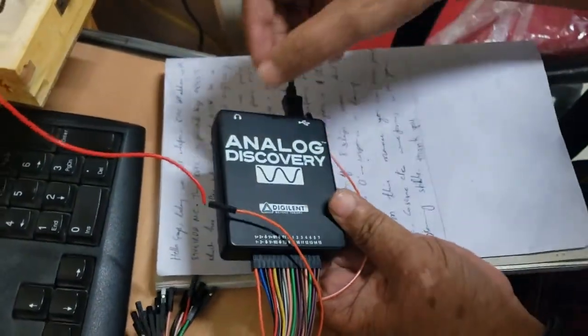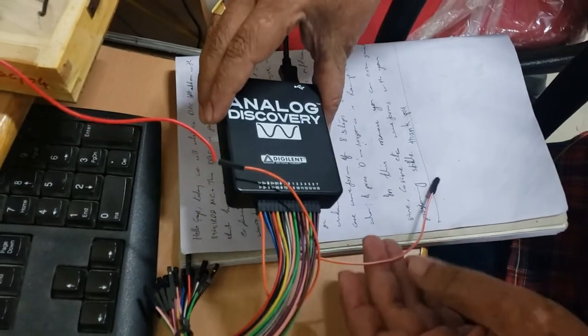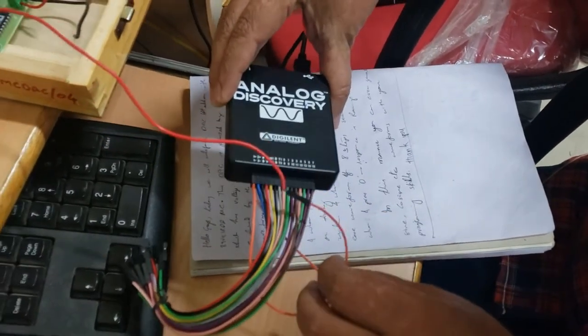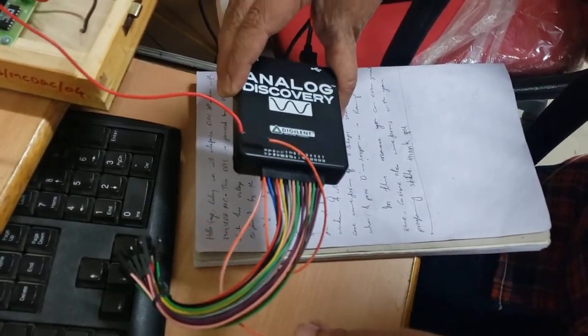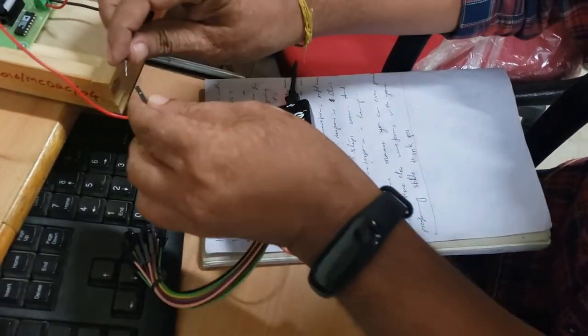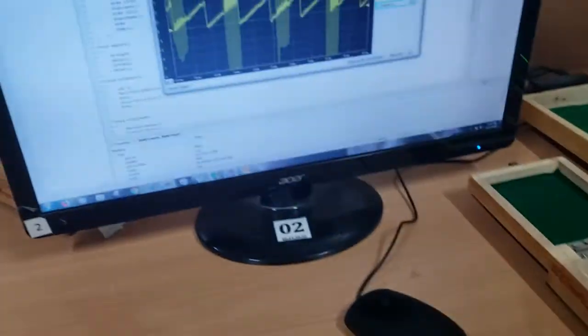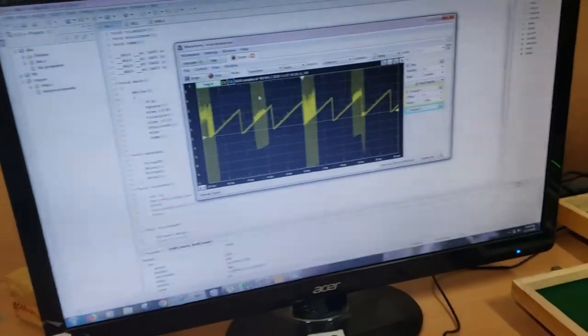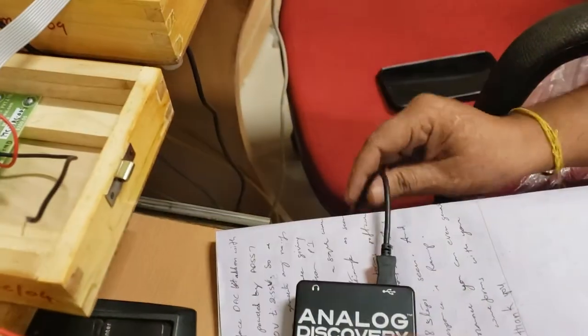This is the Analog Discovery kit. Here we can generate signals and they can be seen on the computer by using this USB, which can connect to the computer.